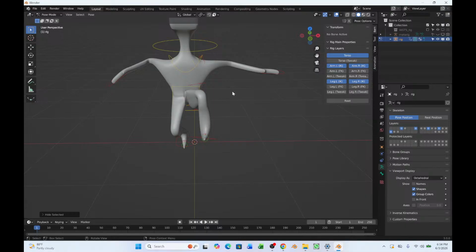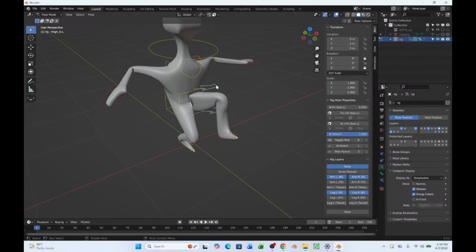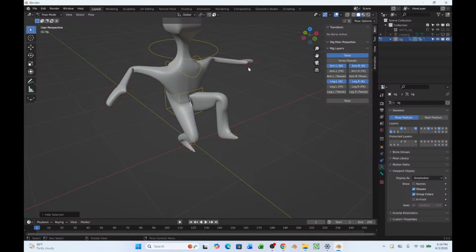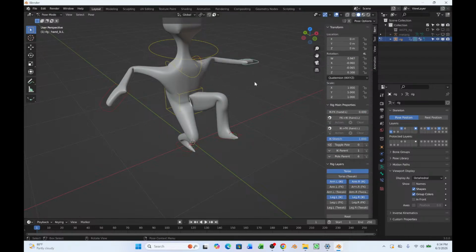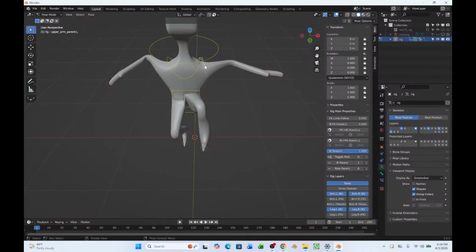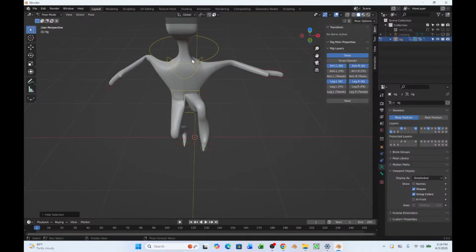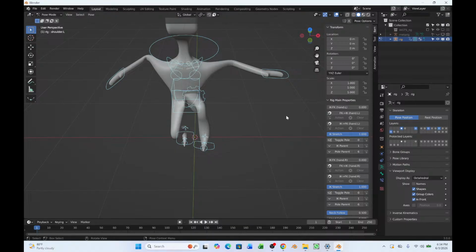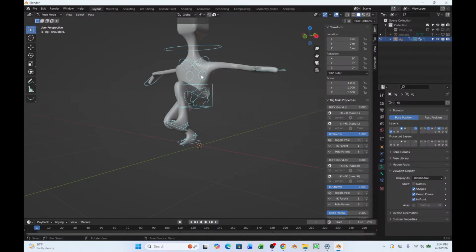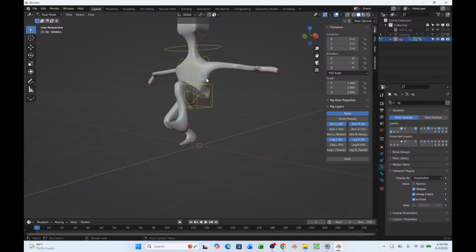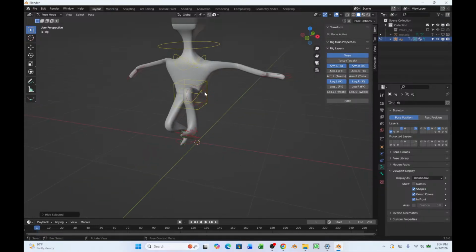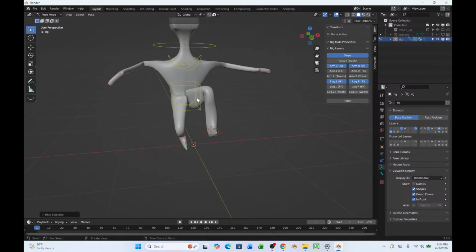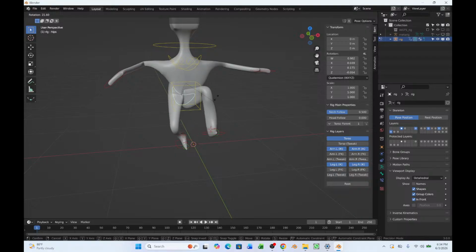Arm tweak, go and rest. Hide. Hiding is not that necessary because with a low poly model, you don't really need most of the